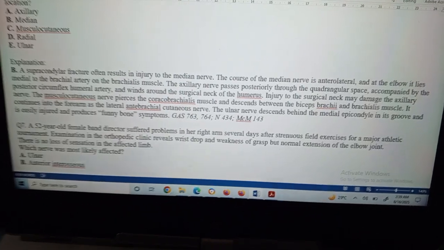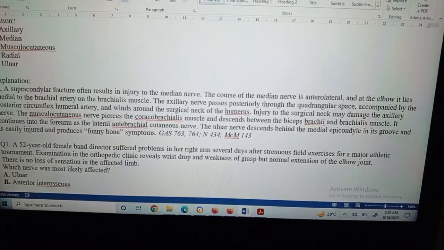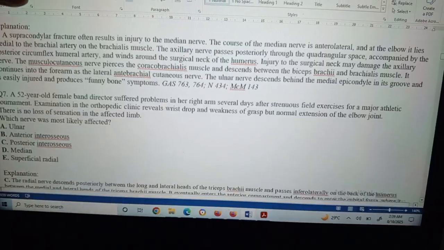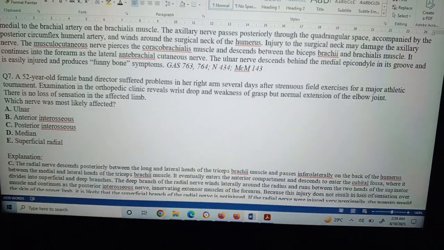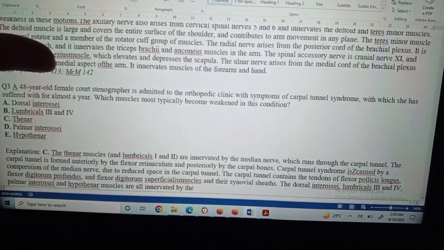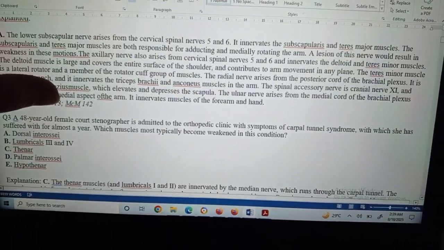Question number 7. A 52-year-old female band director suffered a problem in her right arm several days after strenuous